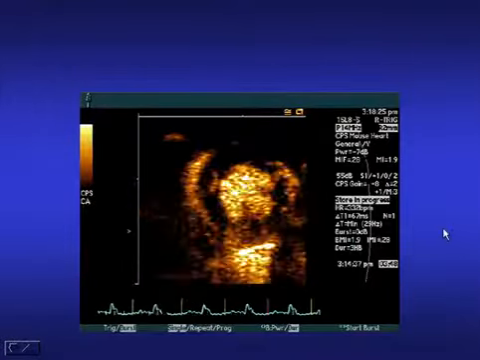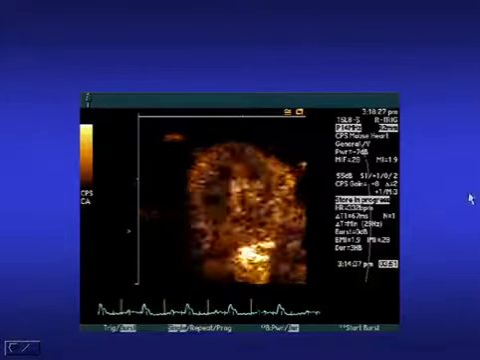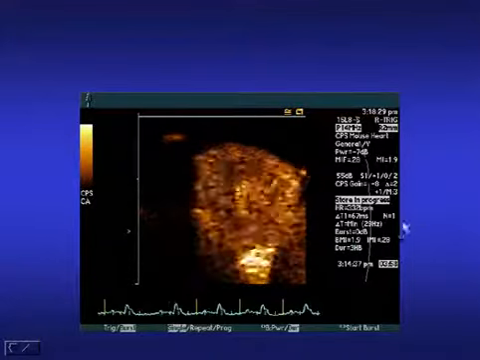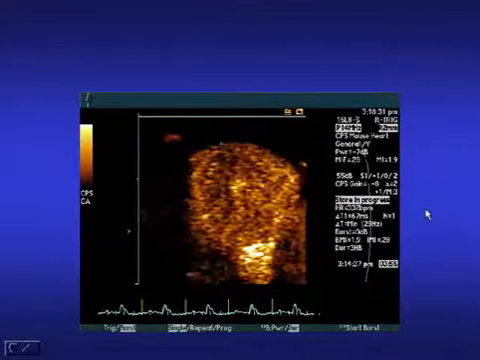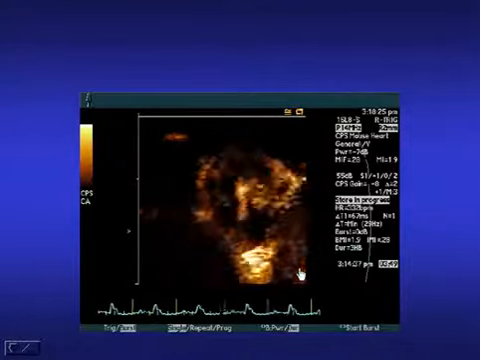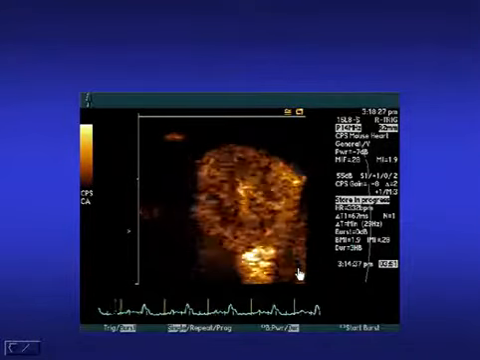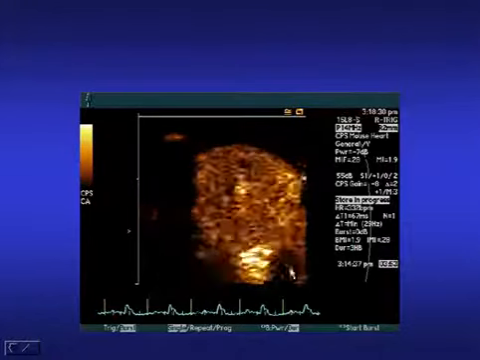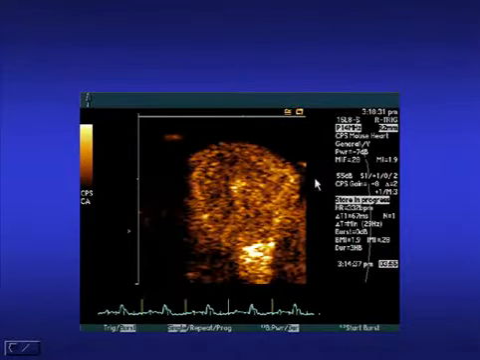Here you can see a mouse heart being studied with ultrasound. The mouse heart beats at between 300 and 600 beats per minute. This is far too fast to be visualized by CT or MRI, but ultrasound on this scale at least, which is less than a centimeter, has the ability to keep up with these incredibly high frame rates, and ultrasound contrast,